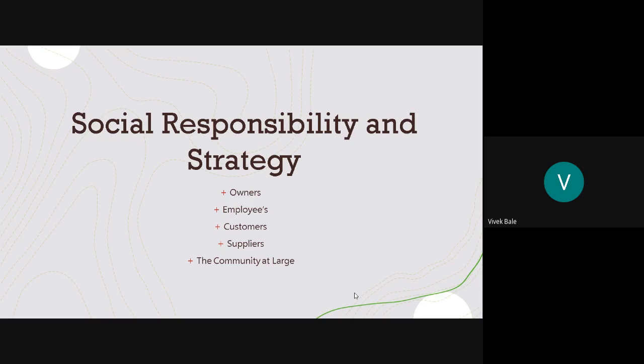And the last is the responsibility of the company toward the community at large. When I say community, every problem of the society comes in the community. Suppose you want to provide education to the community, like, as I already told you, there is the example of Procter and Gamble. This company has a strategy that after the selling of each and every product of Procter and Gamble, 2% of the revenue that they get from the sale of the product goes towards free of cost education for the society. So automatically there are certain underprivileged groups which nobody is focusing on, and as